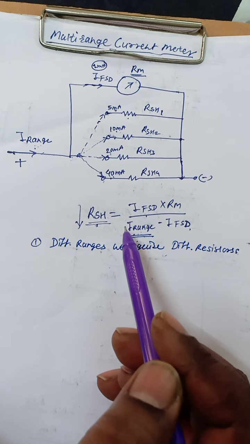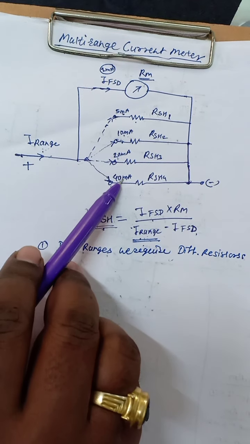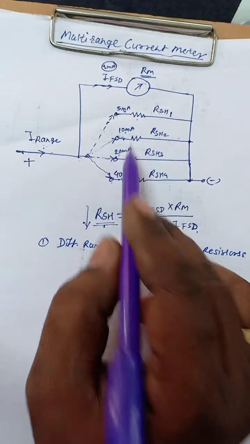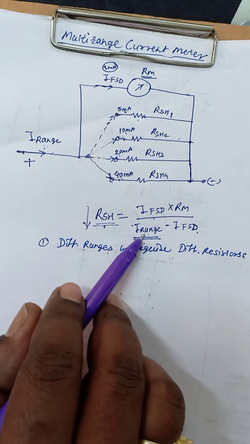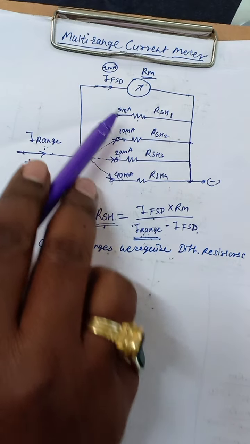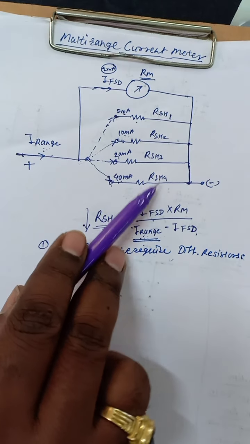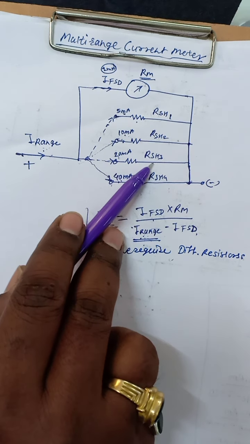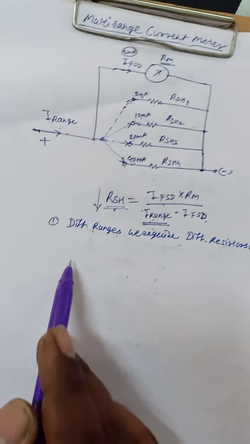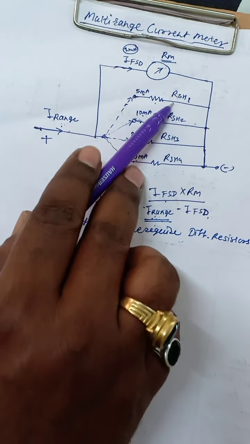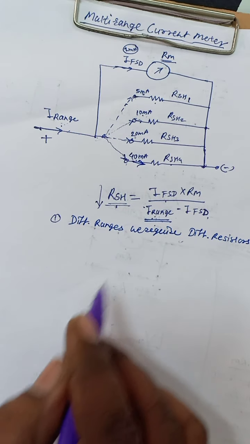This is another disadvantage. As the current range increases, the RSH value goes on decreasing, because the I range is in the denominator. So RSH4 is less than RSH3, which is less than RSH2, which is less than RSH1. So another disadvantage is that a high range requires a low resistance value with a high